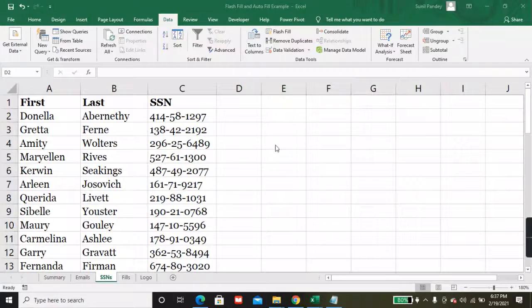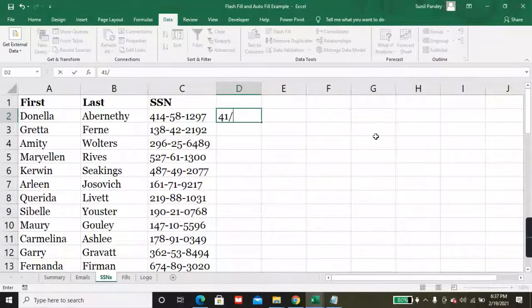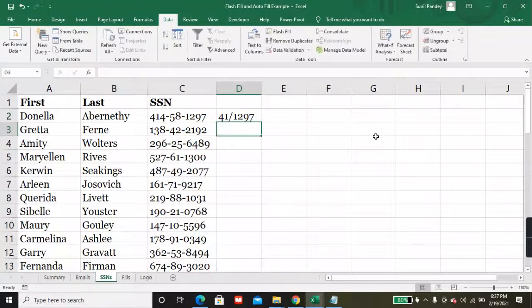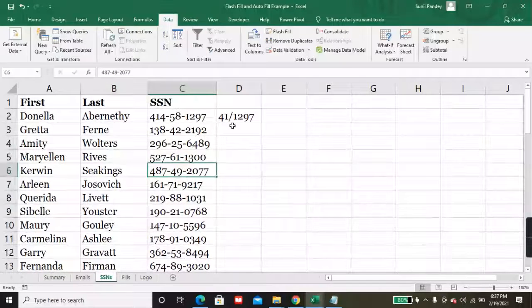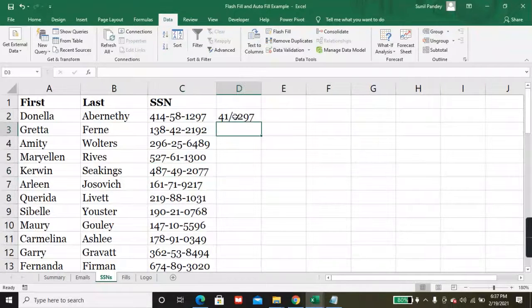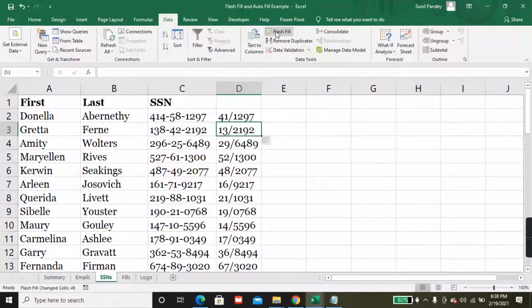In this example, we require the first two and the last four numbers. Just like this, 41/1297. You want the SS numbers with the first two and the last four digits. You just type in the first cell, go to Data, and click on flash fill.